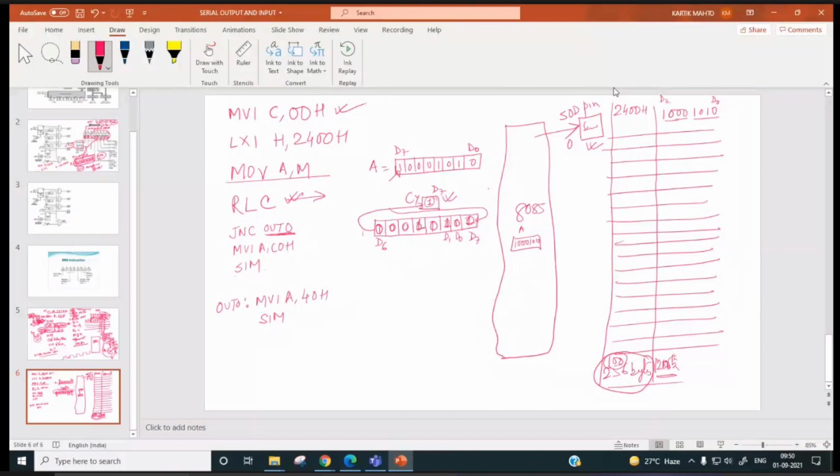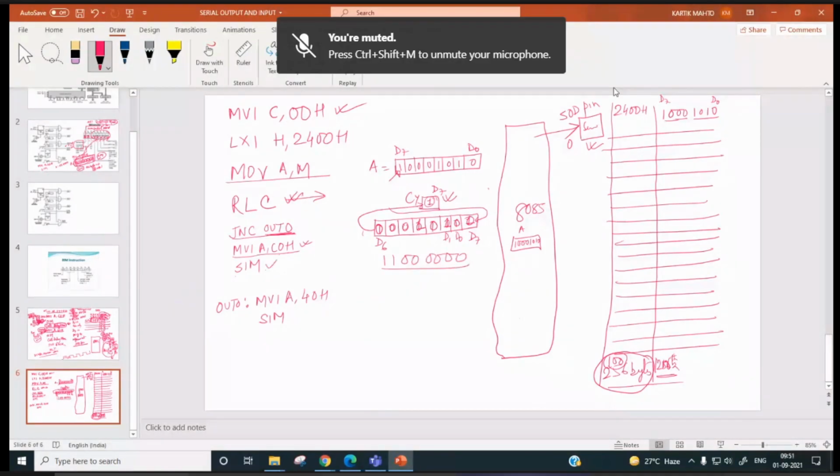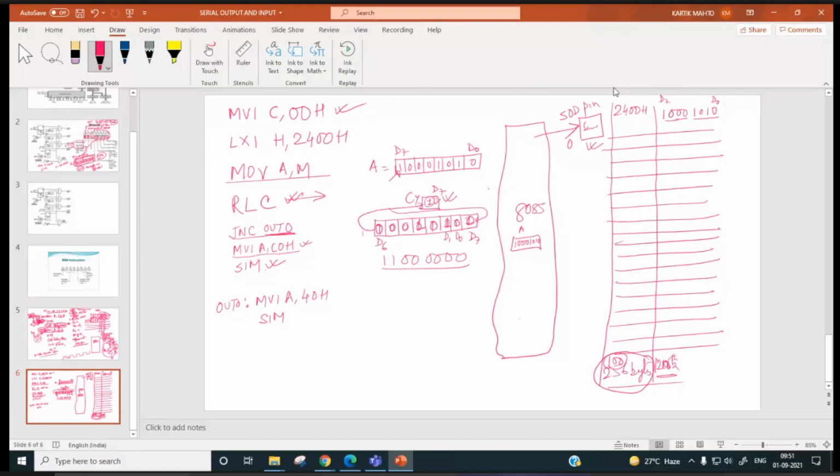That's why. See, after rotating, what exactly are we transferring? The accumulator is loaded with 1100. If the bit is 1, then C0 is actually loaded to the accumulator, then SIM is done. So this outs 1 over here. Okay.